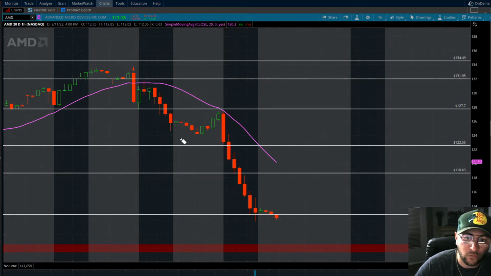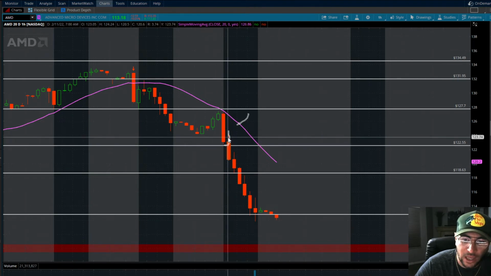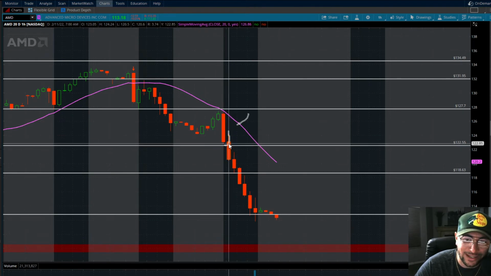So what I was waiting for was a confirmation of these pre-market lows on this bounce. I wanted to see us take out this first 30-minute candle here that formed up on the hourly time frame. As soon as we broke below, this is exactly where I got long. I tried to get long as close to and anticipate this break. I got the break after the bounce.